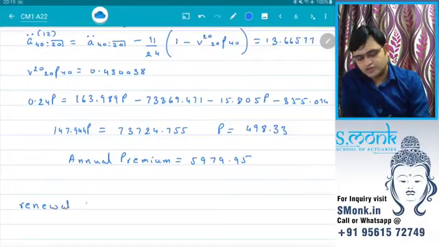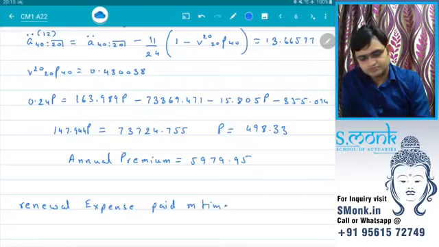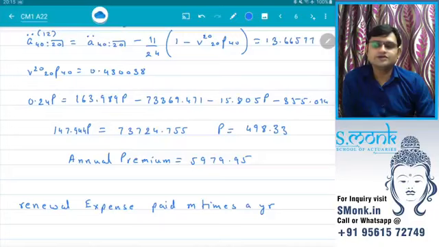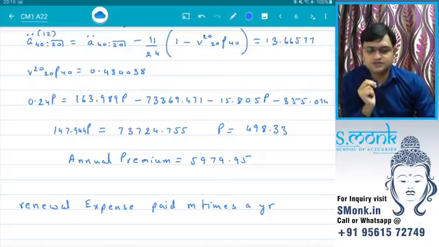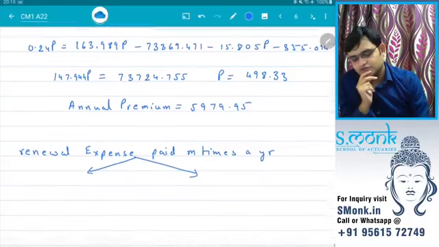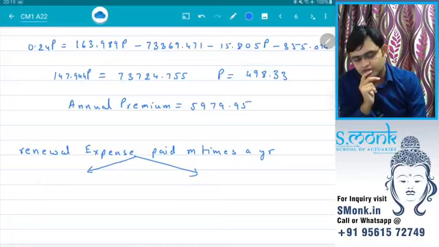Renewal expense paid m times a year. Okay, if renewal expense is paid m times a year, they will give you two situations. The first situation is going to be where we will be excluding